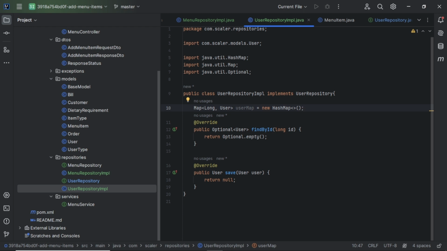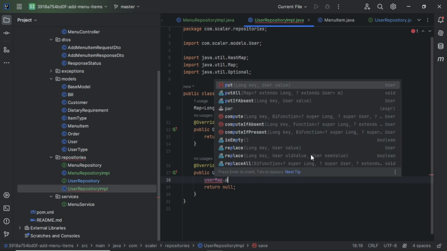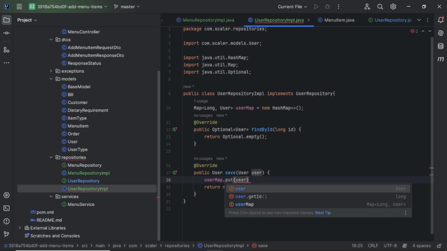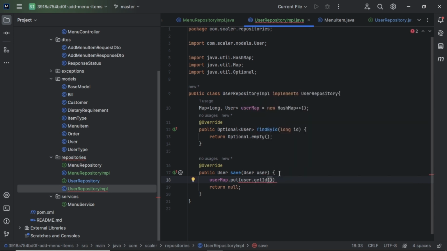Now we have to save the value inside of that collection. To save, we will implement this save method. So simply we will take here user map dot put, which is a method that will let us add the item inside of this. Put requires some ID. So that ID we can take from the user dot, sorry, get ID. There is a getter method, comma, then we will pass the user. So here you can see we terminated it. So we added the item inside of this and we will return the user. We are assuming user is not coming as null right now.